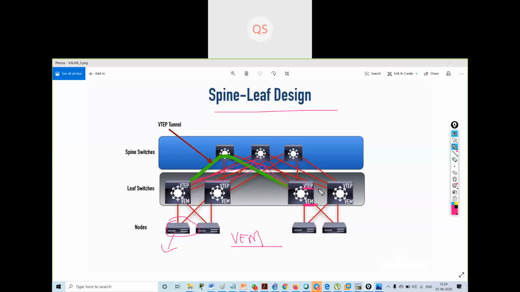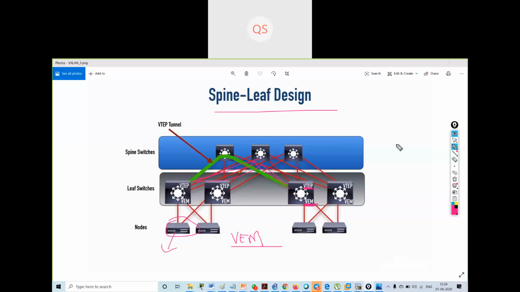Another benefit VXLAN gives us is this: suppose I have configured an EtherChannel and I'm sending traffic over a port channel, with multiple links making up a single logical link.